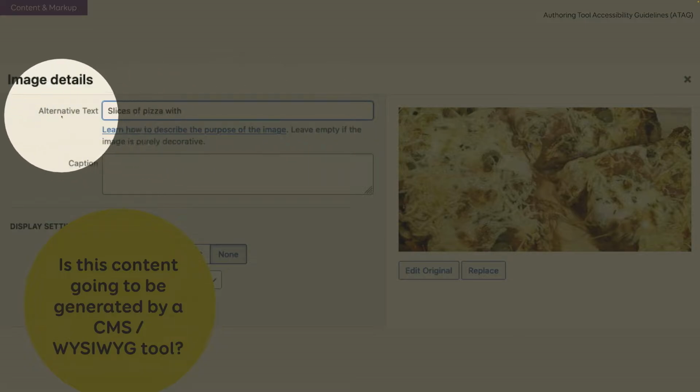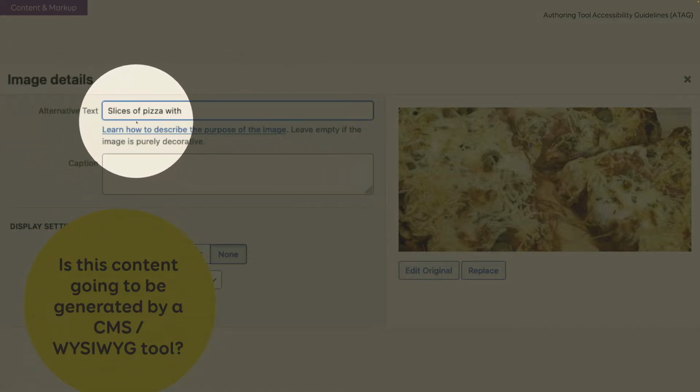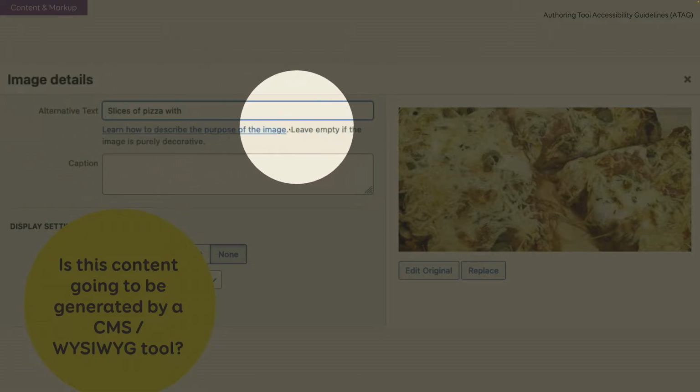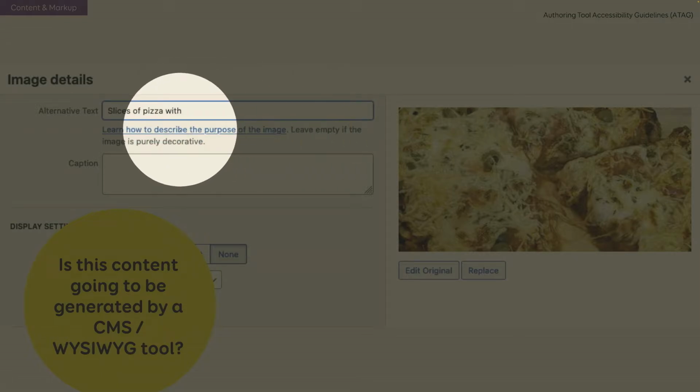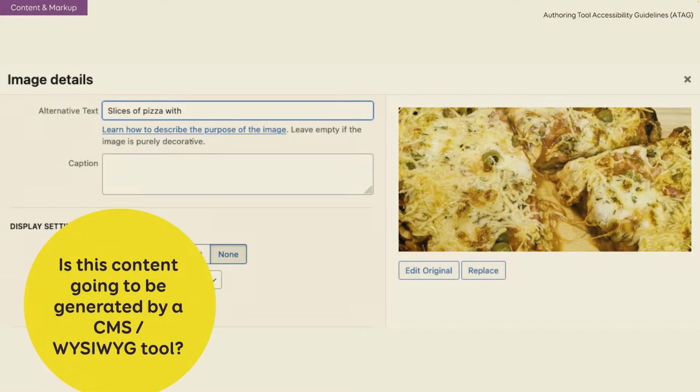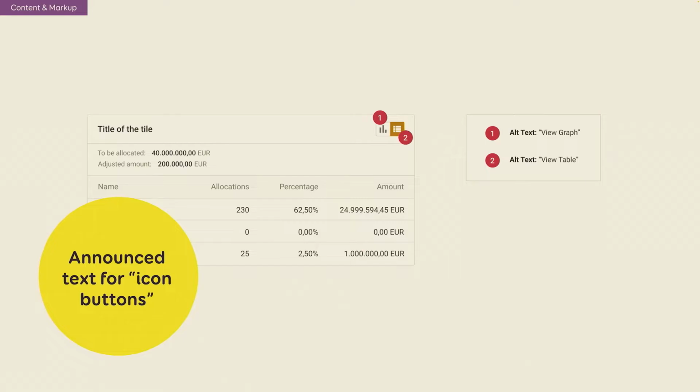So in WordPress, you have it on the left. Here you can have alternative text and I can say a slice of pizza with something, something, something. I was in the middle of writing it. I'm not going to go into details. If you're interested in accessibility for CMS, WYSIWYGs, and stuff like that, there's a tag, Authoring Tool Accessibility Guidelines, that you could check. So in my first example, I had a label with the icon, so I didn't need to